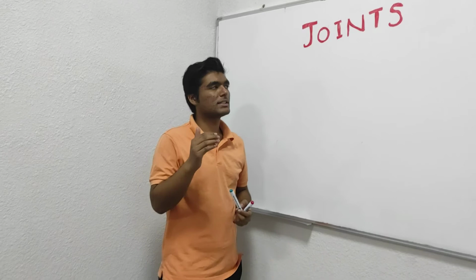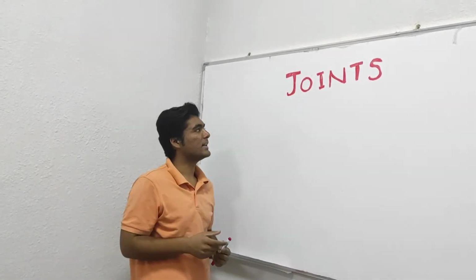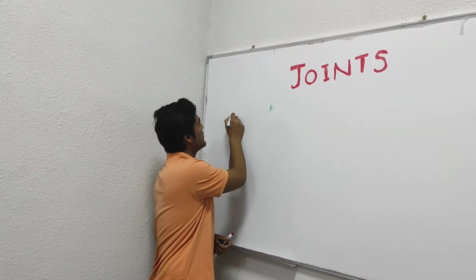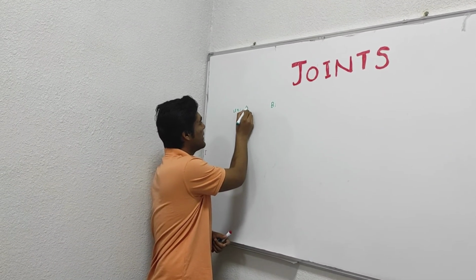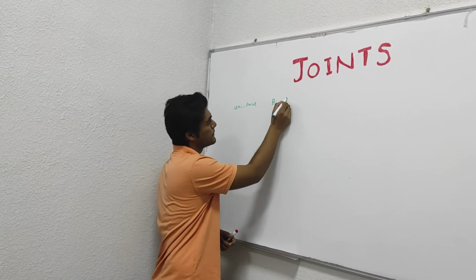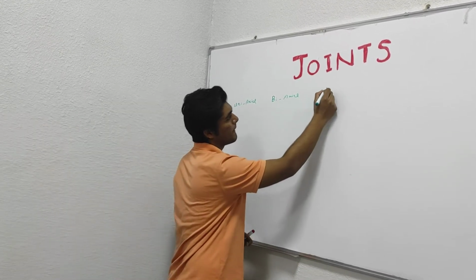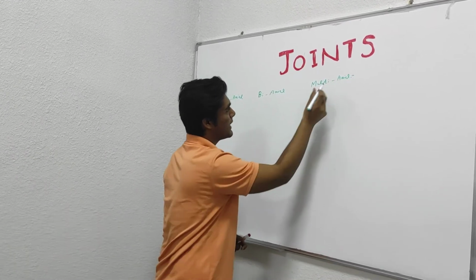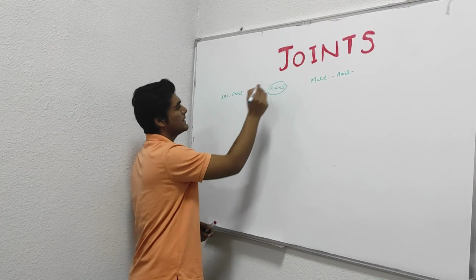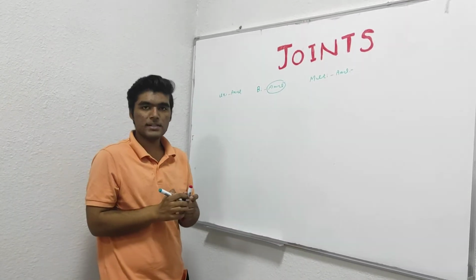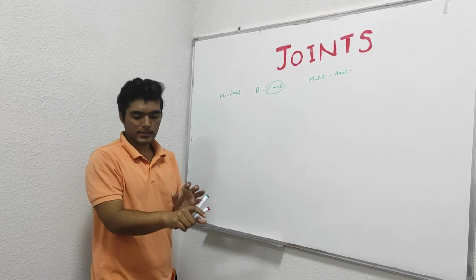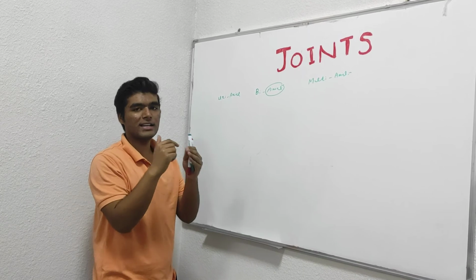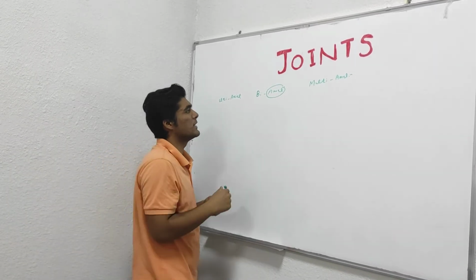Now I am going to discuss the three types of movement that joints show: uniaxial, biaxial, and multiaxial movement. First of all, let us talk about what the keyword axial actually means. Axial is basically a movement where you stay anchored to your body and move in a given plane, in the given space. It's axial.